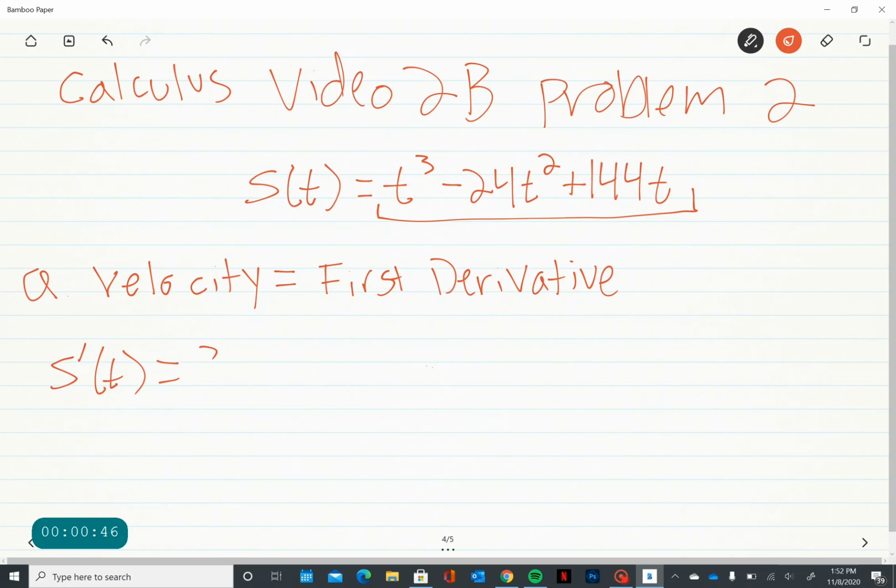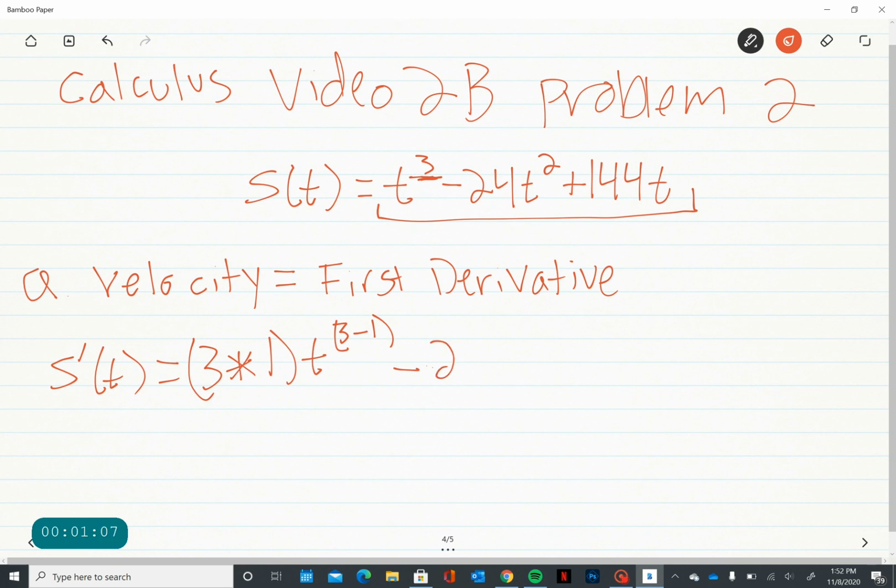So we would pull the 3 out in front, multiply it by 1 since there is no constant here. t to the 3 minus 1, because we drop this value by 1,